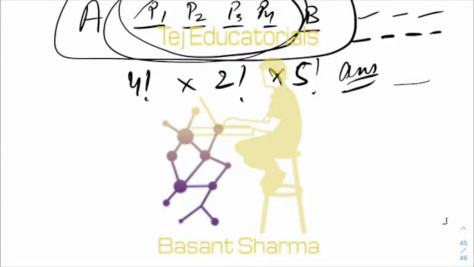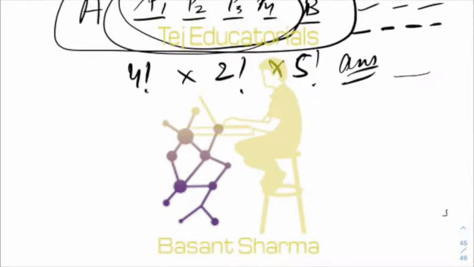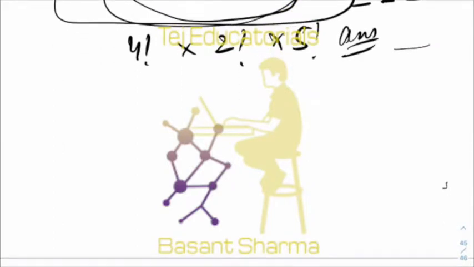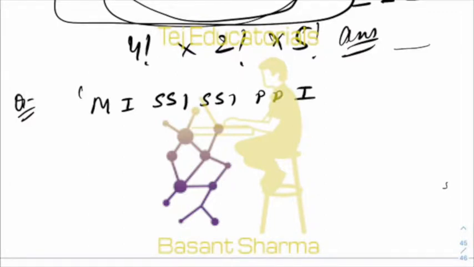So let's continue and let's solve some questions. So suppose we have the following alphabets available with us. Okay, and the question is: find the number of words made using all the letters of the word Mississippi such that